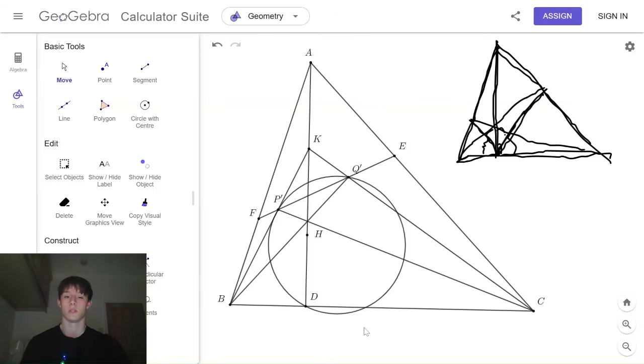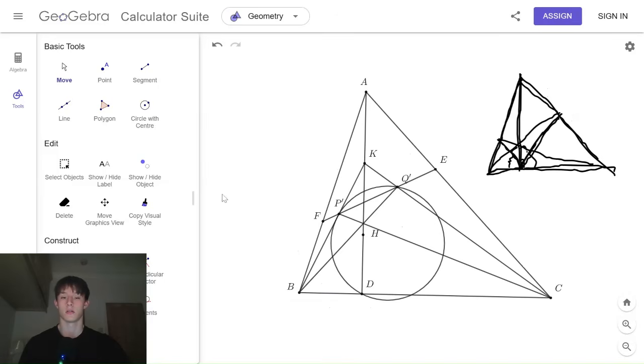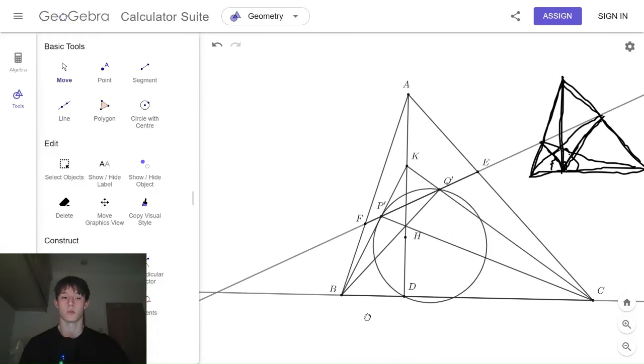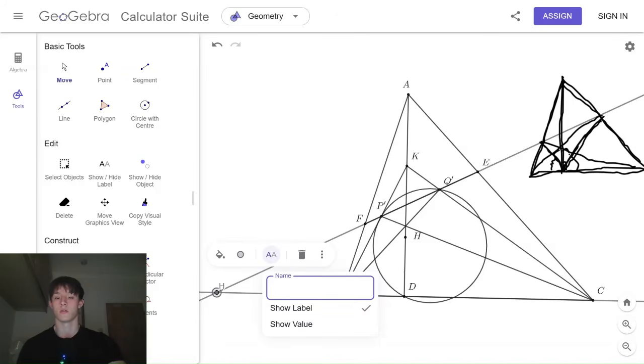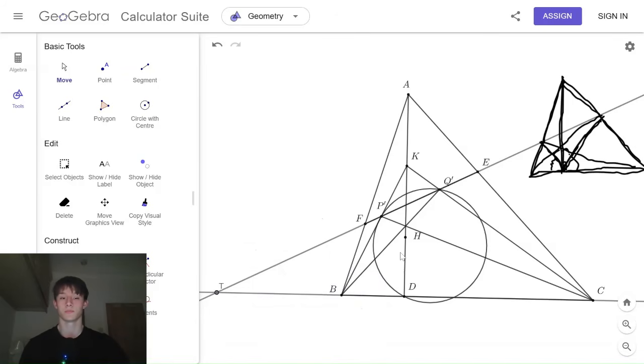I don't think that will be too challenging. But I think the quickest way might be with projections and stuff. So there might be some moving points method, but I think that if I take just a point H here, let's call it T. If I take point T here,